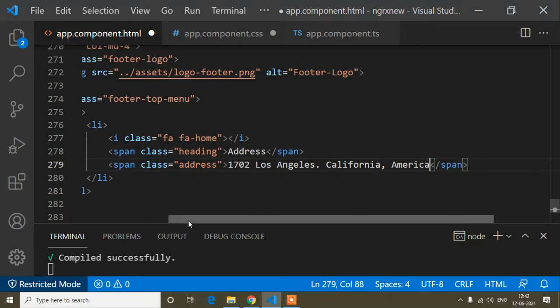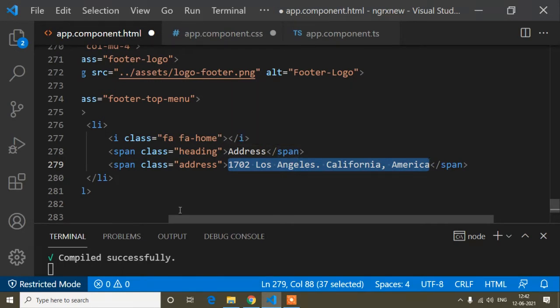So guys, here I will explain what is the use of span tag. Here you can see I have written the span tag. Inside this span tag is the content address, and in this span tag is the content, this one. So when I have written two span tags, that means this address content and this content will be in one line, I mean in the same line.